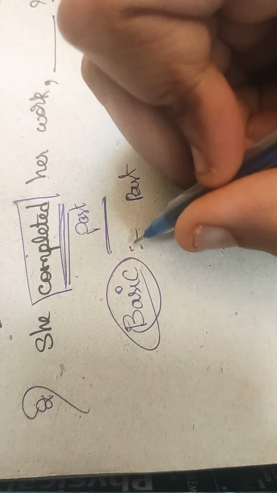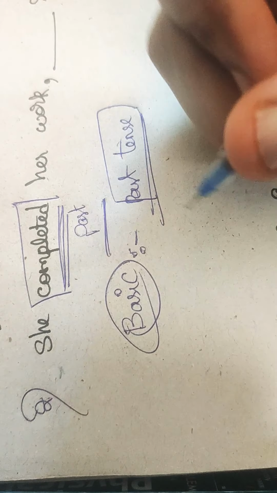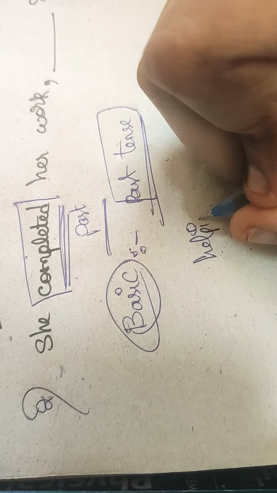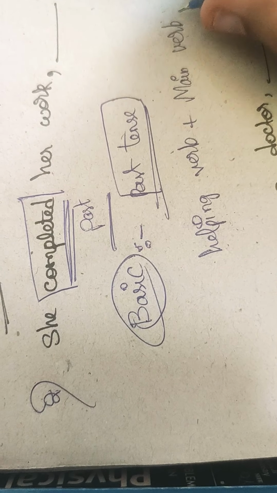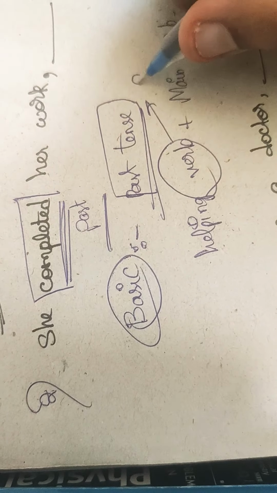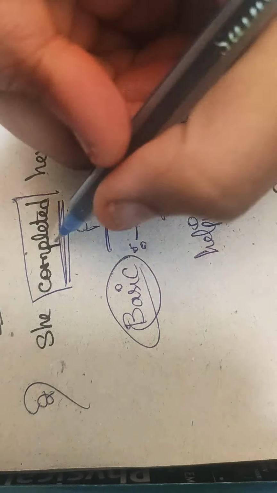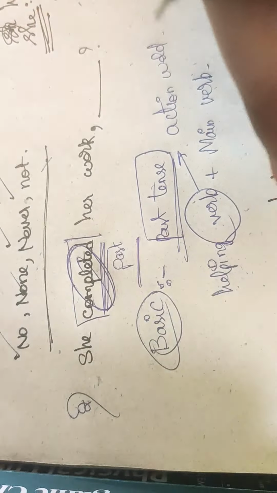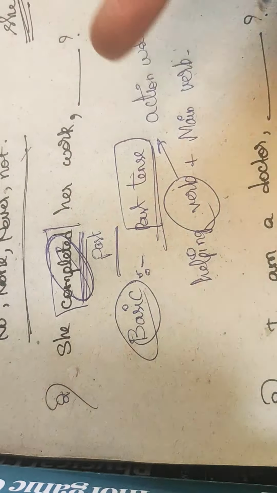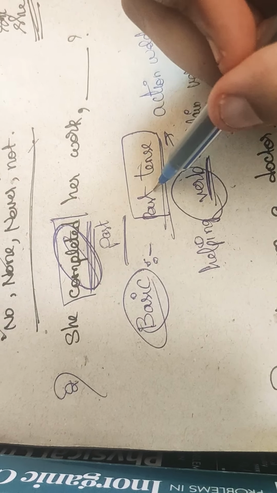Past tense. If you see, tense itself means a helping verb plus a main verb. So what is a verb? Everyone knows a verb is an action word. So completed is one action. I have completed this, so that is an action. If that denotes an action, that is an action verb. So that is a verb. Okay, so past tense forms like that.